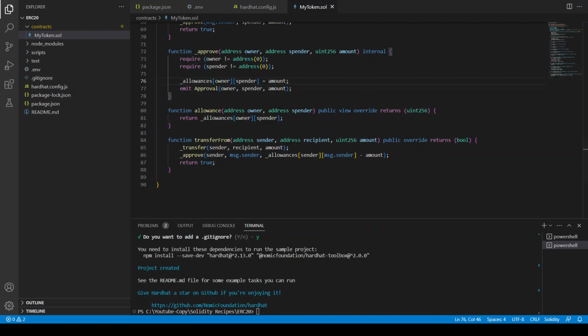Once this is done, we can actually create two more functions where we can increase allowance. Let's say you allowed your friend to spend 50 tokens on your behalf, but you changed your mind and you said, okay, I can allow him to spend 100 tokens. So you can add an added value, and then you can call this function public virtual returns bool,